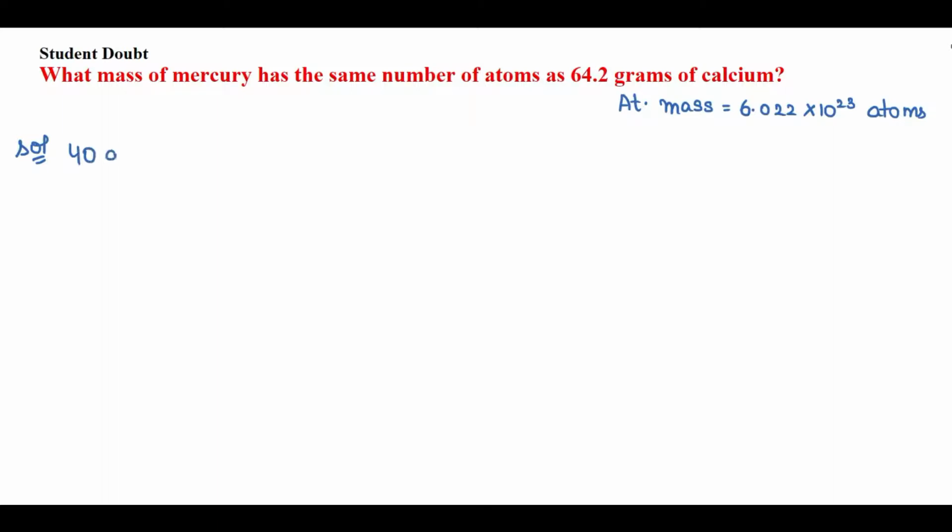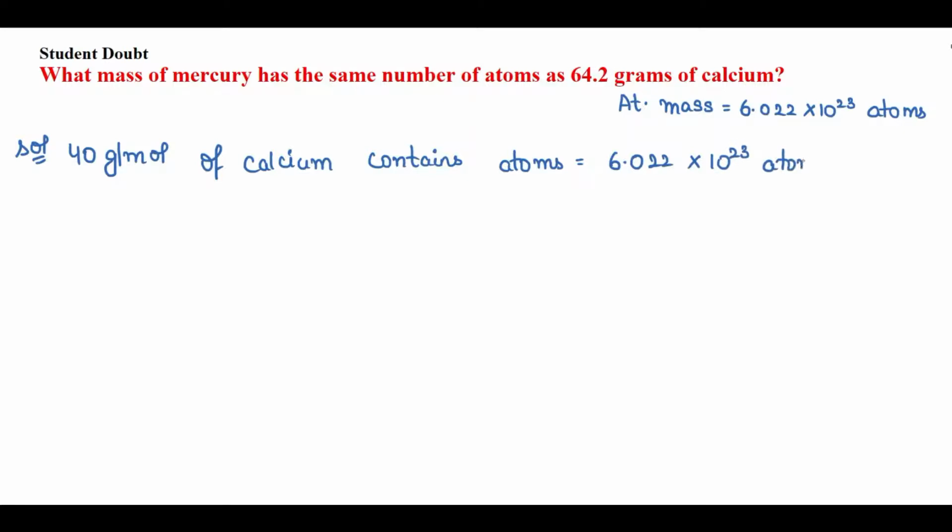So that means 40 gram per mole, that is the atomic mass of calcium, of calcium contains atoms equal to 6.022 into 10 raised to power 23 atoms, right? So I have to find this in 64.2 grams. So definitely 64.2 gram of calcium contains